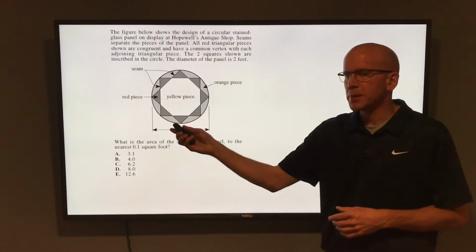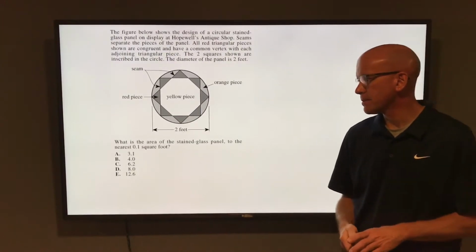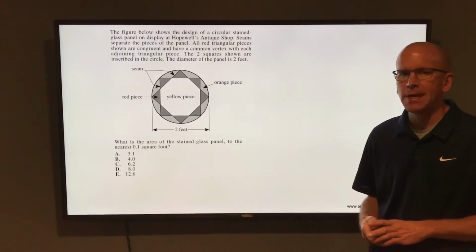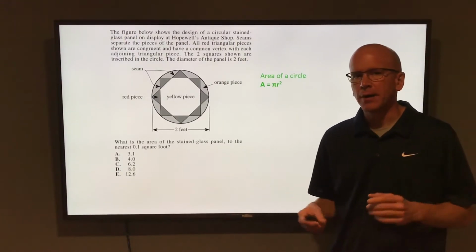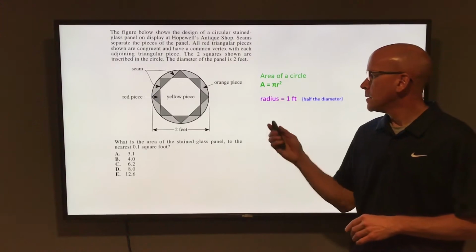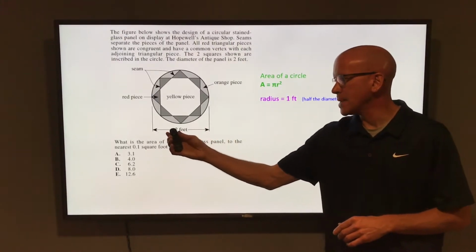Same description, same picture, different question. This time, what is the area of the stained glass panel to the nearest 0.1 square foot? So to the nearest tenth of a square foot. Well, to find the area of a circle is pi r squared. The radius on this circle, since the diameter is all the way across the circle, the radius is halfway across